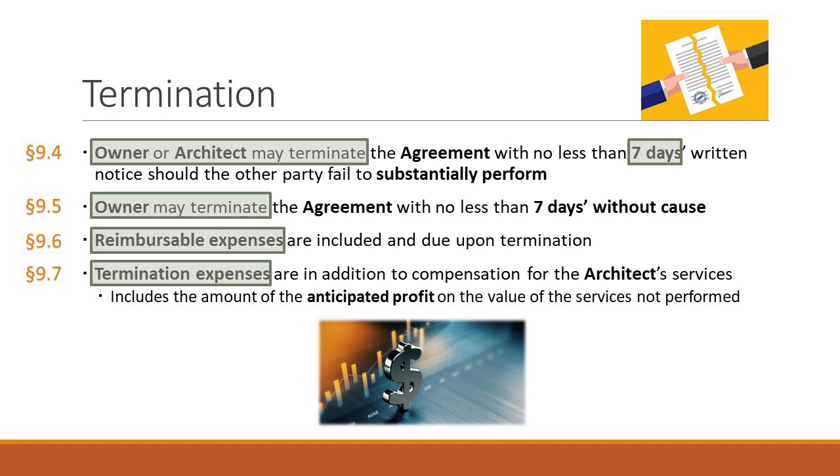9.5, the owner may terminate the agreement upon not less than 7 days written notice for the owner's convenience and without cause. So this is important. Again, you don't ever want to terminate, but what 9.5 says is, if I'm in a situation where the marriage,